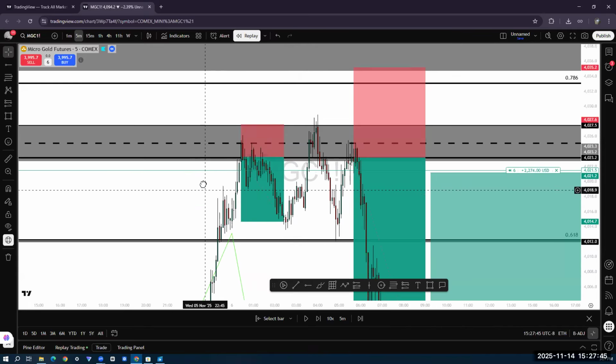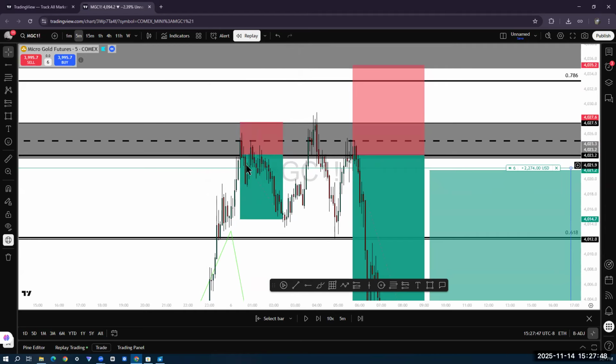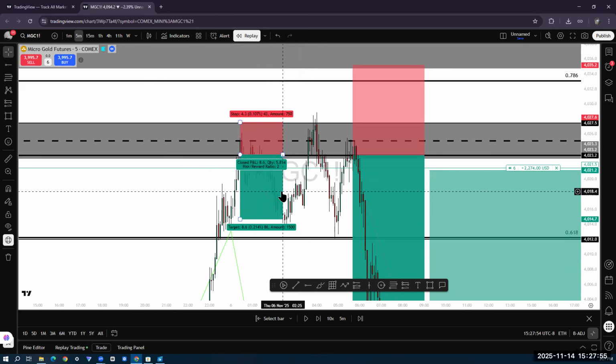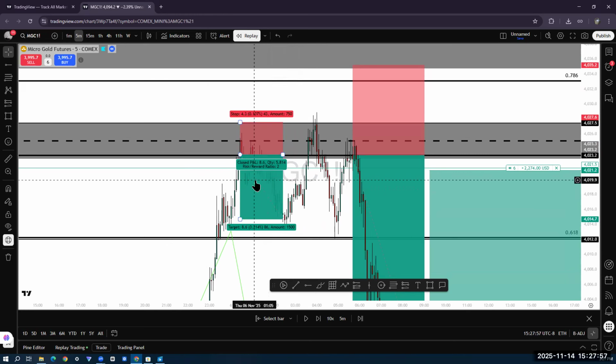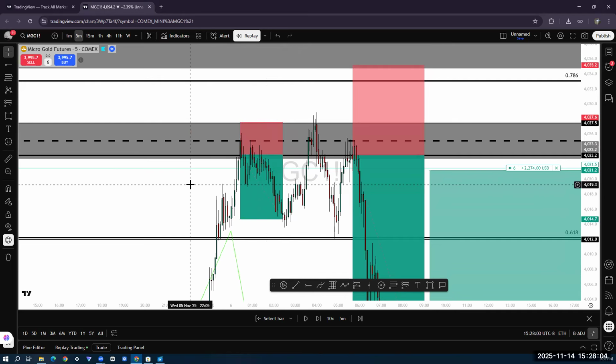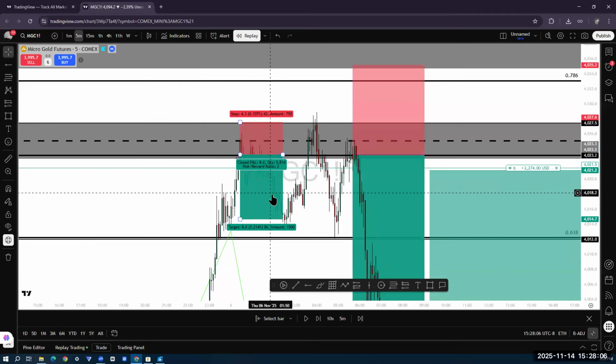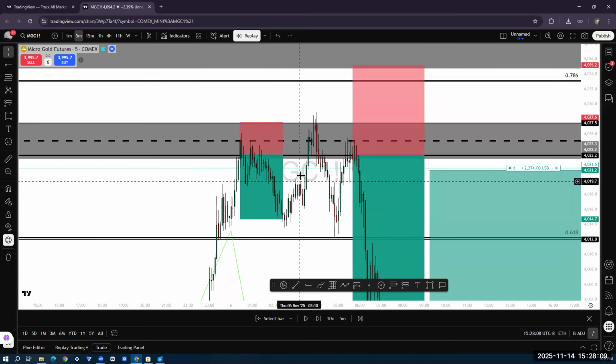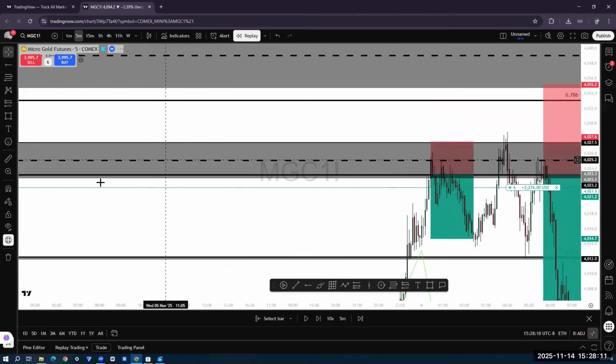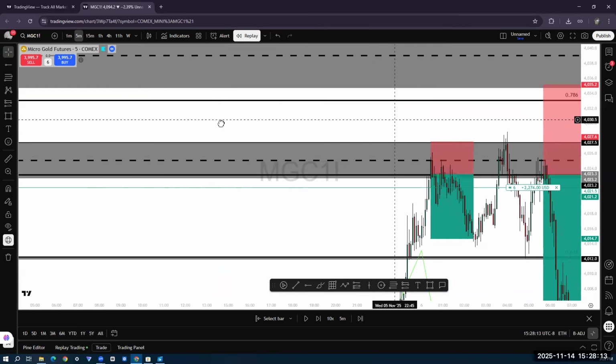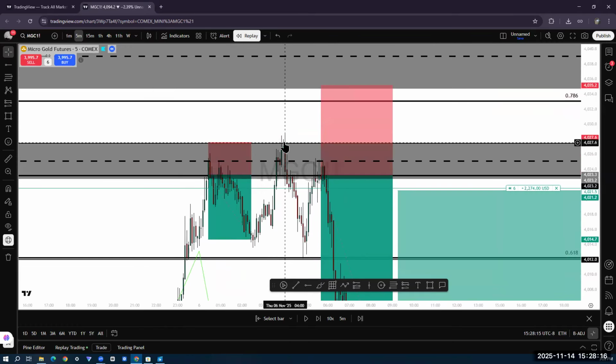So boom, here's an example. You could have taken a trade right smack dab here and been like, wow, TP hit. And it may seem like it's hella long, but this is about 2 hours. It's a 2 hour trade. And it's like, hey, 2 hours, you just made 1,200. Boom, done. And you can trade again. So now the day goes by and you already have your support marked out. You know exactly what you're doing. And there's no candle closure above this level. So you can take another trade here if you want.